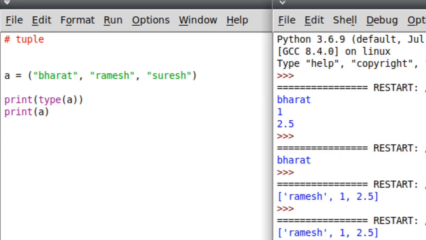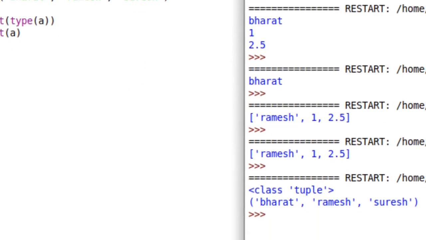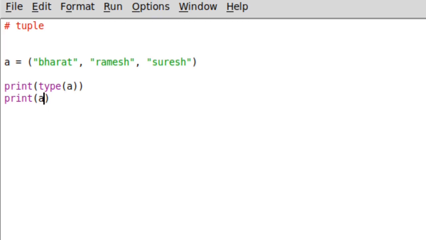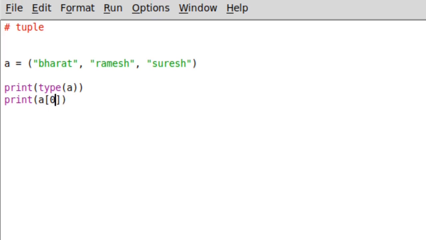So we'll see here, you can see that it's class tuple and all the elements are a tuple. So you can't change this just like we did in a list from its index position. You can't do that thing, but you can convert the tuple to a list and then you can change it and convert it back to a tuple. Like I will tell you how to do that.